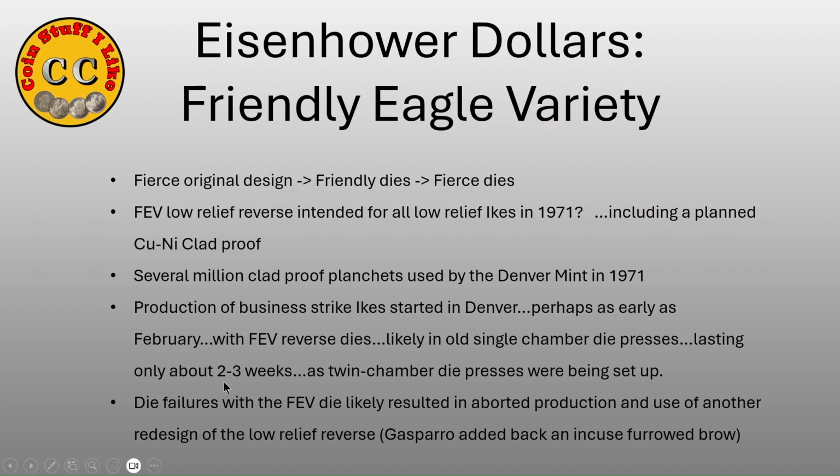And they did this for about 2 to 3 weeks. The rationale for the old single chamber die presses is that they had them, and Friendly Eagle varieties had very few, if any. I've never seen a clash. There weren't clashes of Friendly Eagle